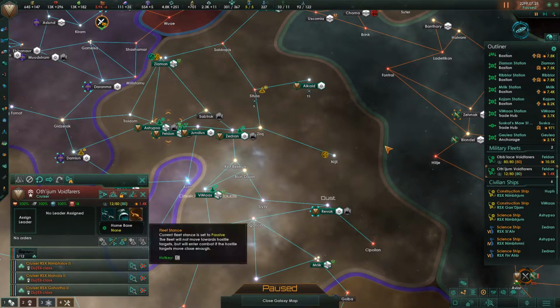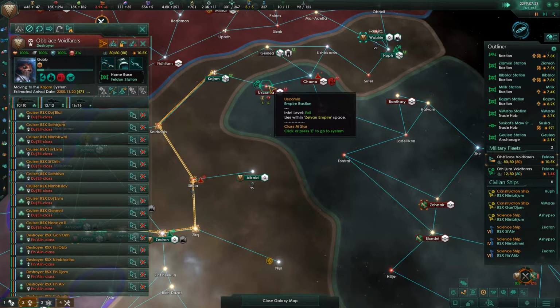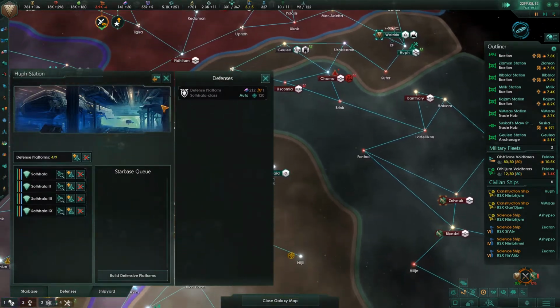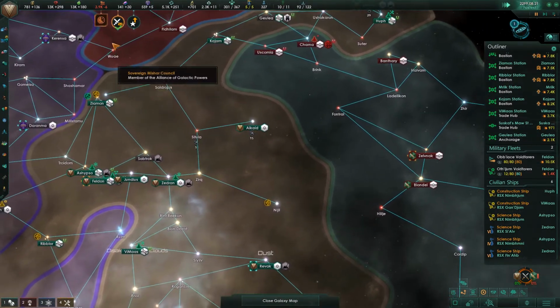Well, we're going to continue to reinforce this fleet. We'll move this fleet into position. I've closed their borders. It's not going to matter, we're at war now. Yeah, not a problem. Station reports enemy contact. So where would that be? There. Well, that's just a...